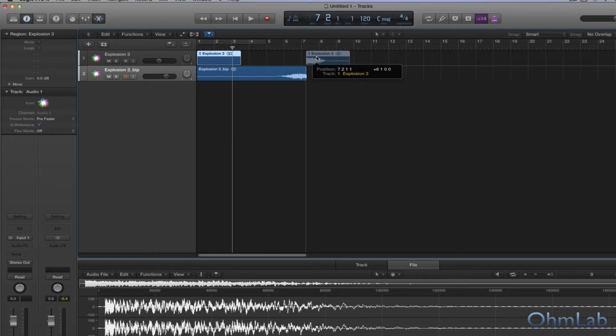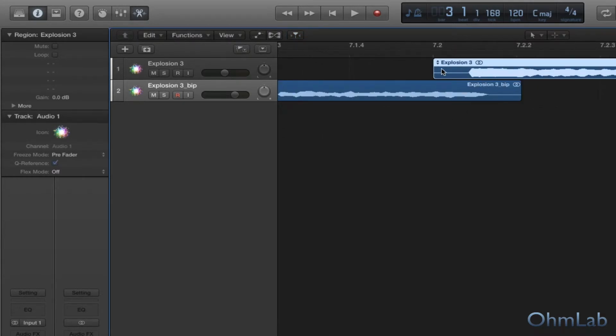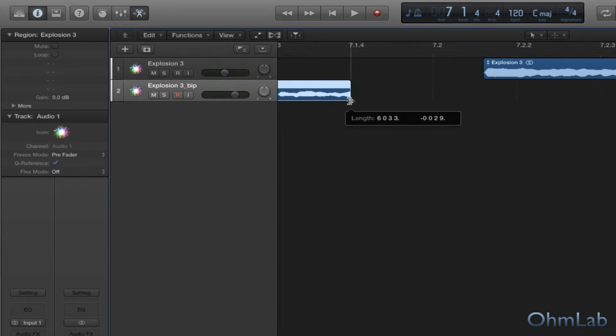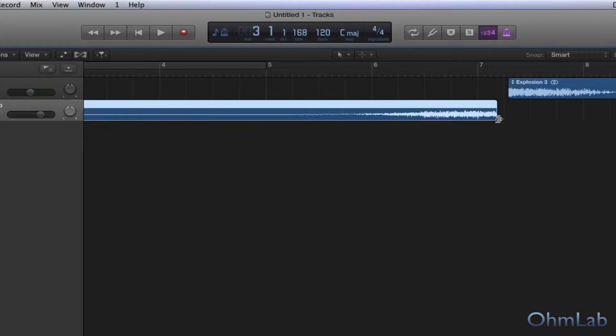Let's go ahead and bring this over here. These two things are going to run together. So let's zoom in and make sure that we've got a fairly decent match here. And you know what, we might actually want to bring that down quite a bit more. One of the tricks here to making this work is to find a spot that it's going to sound natural, that it's still building and just bam